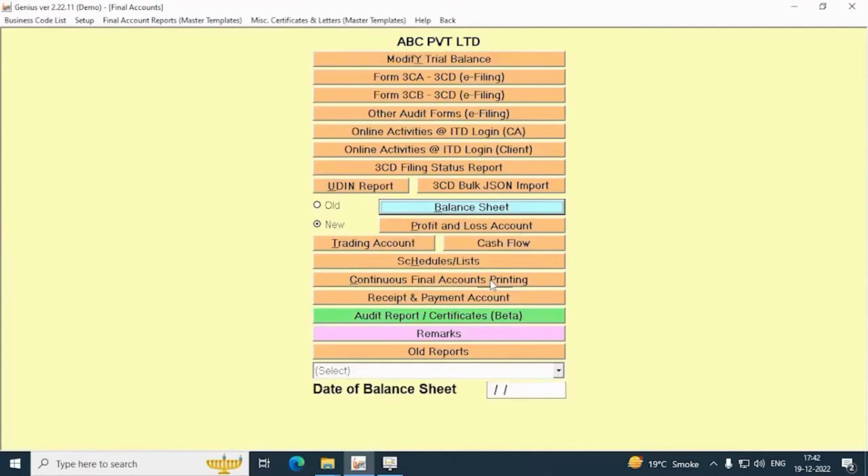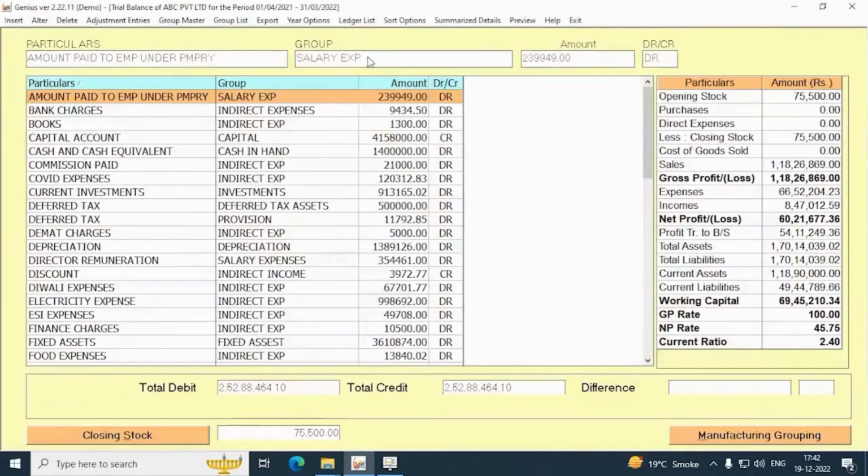After selecting the year, various options will appear there. As you all know, in the latest amendment, ICAI and MCA have modified the presentation of balance sheet and P&L for companies and other than companies. The same format has already been provided in the software. You can manually create and alter the trial balance here by going through Modify Trial Balance.